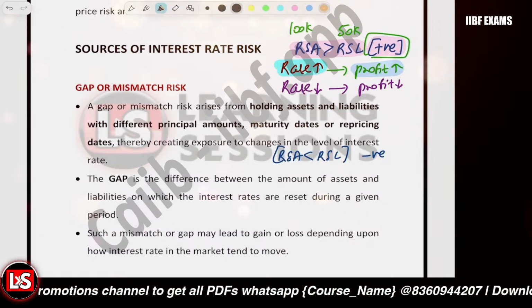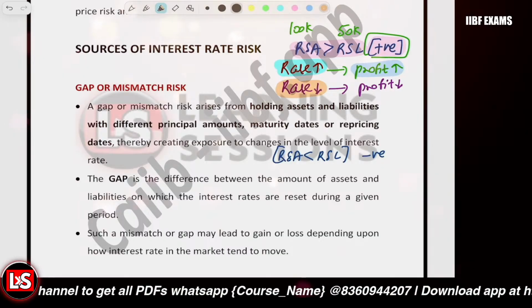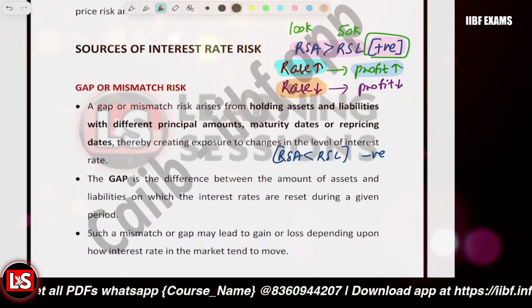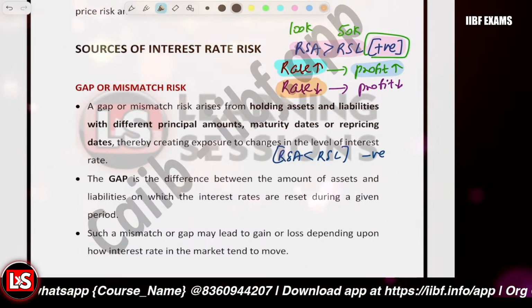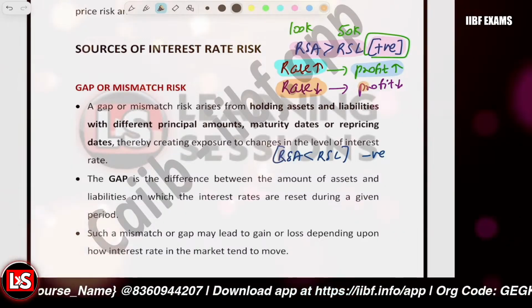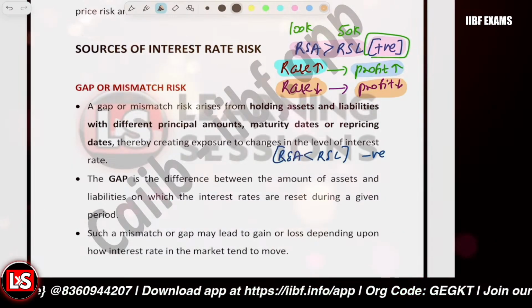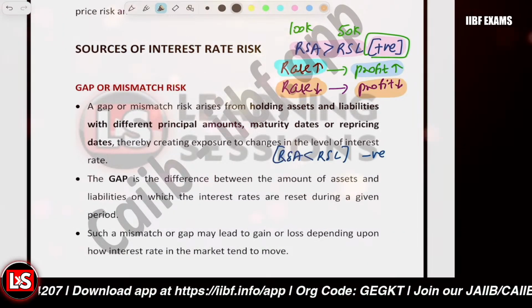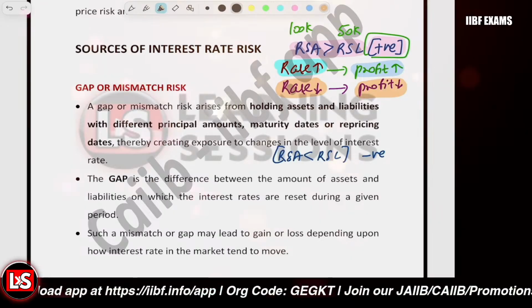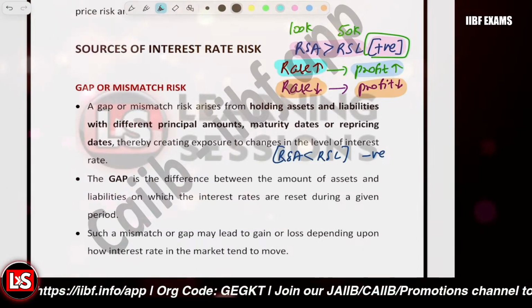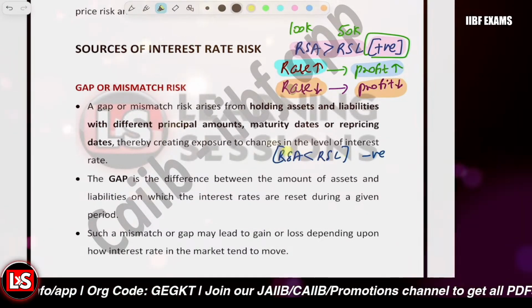The second scenario is when the interest rate decreases. When the interest rate is decreasing, it is decreasing more on the risk sensitive assets. So our overall profitability will be lowered, right? So that's the scenario. And similarly, if we consider the negative gap,